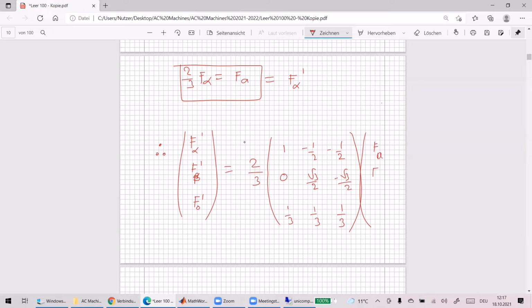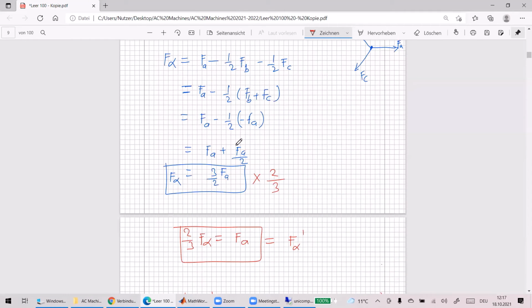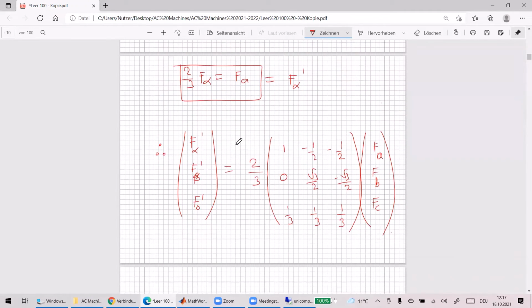It's FA, FB, and FC. Yeah, but for the zero sequence, we just want to find the zero sequence the way it is. We also don't want to find a zero sequence which has another value. So for zero sequence, we would keep things the same. So it means